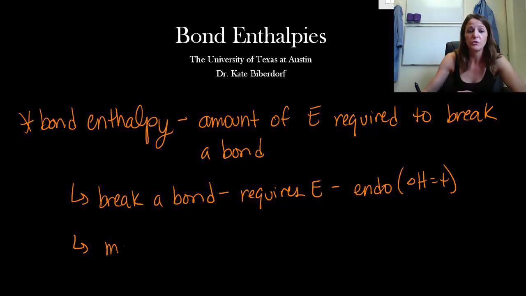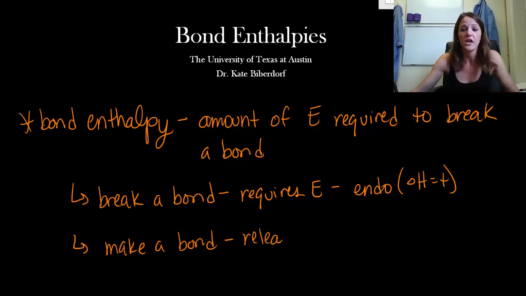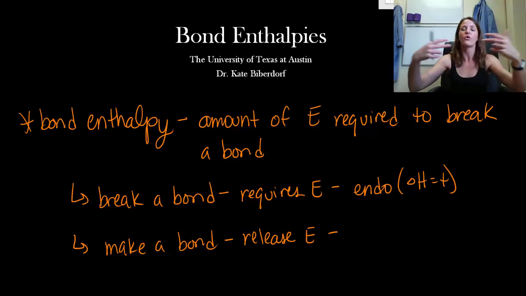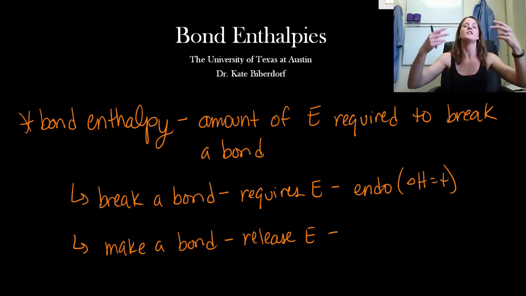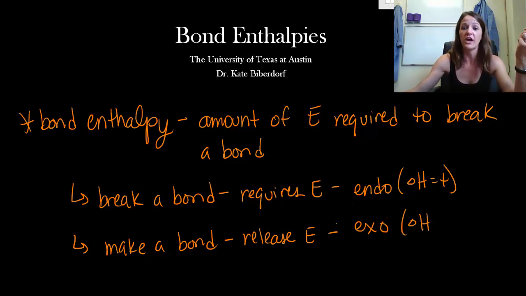So the opposite of which would be making a bond. It's not going to require energy. It's actually going to release energy. The way you can think about this is that if you have a carbon here and a hydrogen here, the entire driving force of chemistry or science is to always get to a place of lower energy. So if you are trying to force these two things to create a bond, the only way that's going to happen is if they start here at a certain energy and they drop, if they get to lower energy. And the only way you can do that by making a bond is releasing energy. So by releasing energy, we know that this would be an exothermic process,